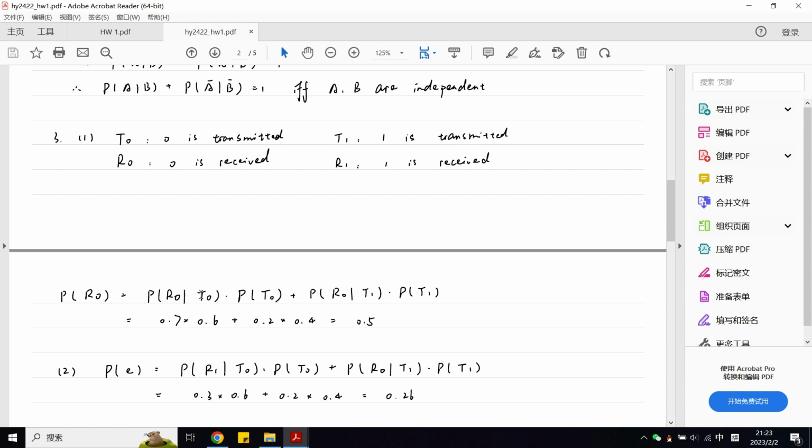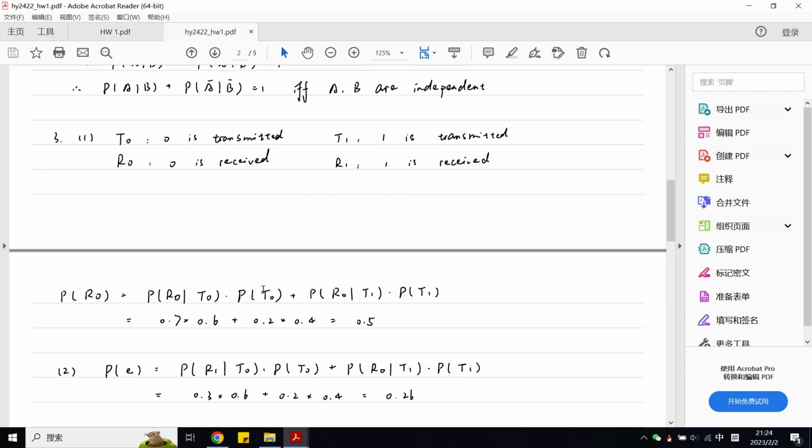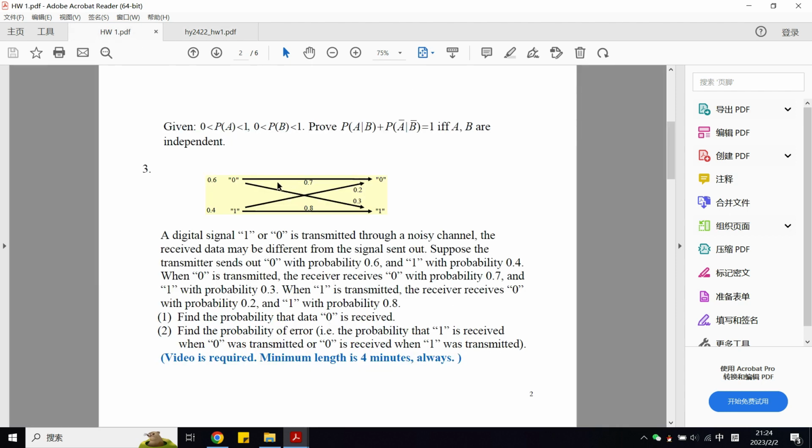So as mentioned above, the probability of R0 can consist of two parts. The first one is that when 0 is transmitted, and then 0 is received. And the second part is that 1 is transmitted, and then 0 is received. So according to this formula, we can put our data into it and then calculate the probability that data